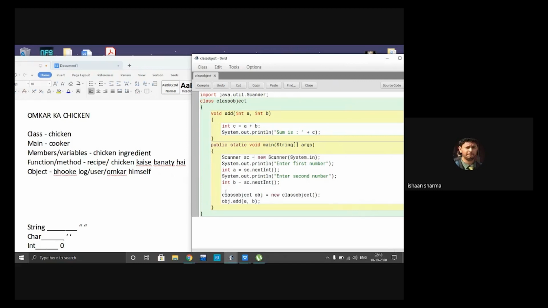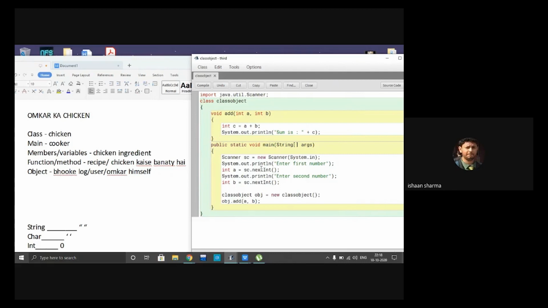And now how do you create objects? It's a simple sentence, it's a syntax only. It's like class name, then object name, then new, then the class name again, and then brackets. That's how you do it. Once you have typed out the object's name, then you simply write object name dot function name, and you input the values you have taken from the user.